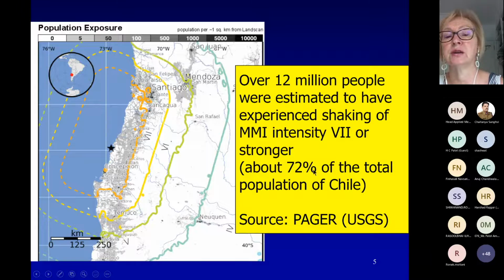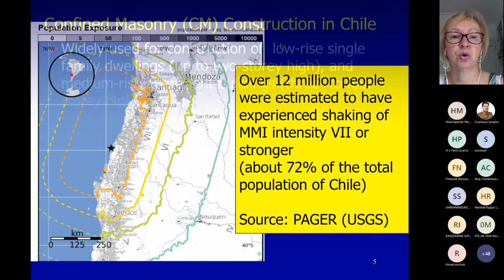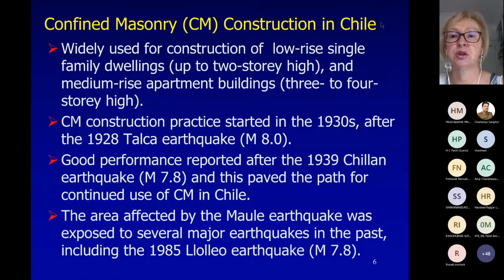So Chile is not a large country, so if 12 million people were 72%, the total population of Chile is less than the population of Delhi, I guess. But it is a populated country, so it's small, but the territory is also small, so it's populated. You can see cities, villages, townships everywhere. So confined masonry construction in Chile, that is the background I wanted to give you, because